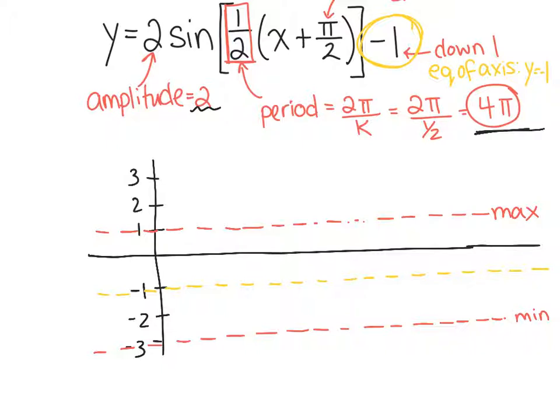Okay, here we go. Now I know my period's going to be 4 pi. So I think what I'm going to do is I'm just going to stick my scale on now. Or there's the whole philosophy of moving your y-axis around. It's totally cool too. Okay, so I'm going to sketch out pi over 2, pi, 3 pi over 2, 2 pi,